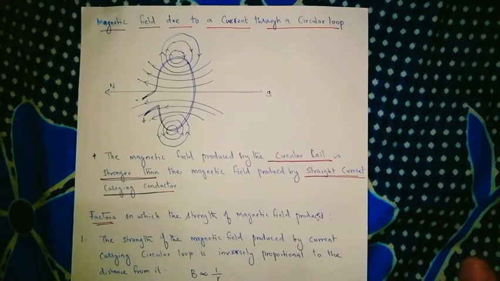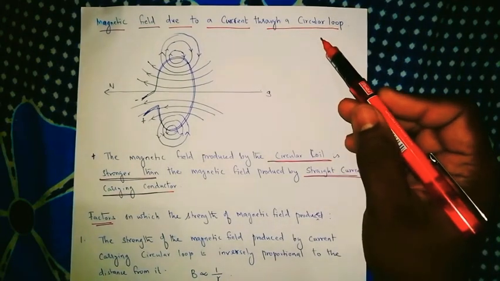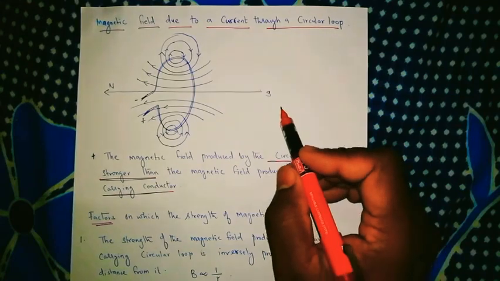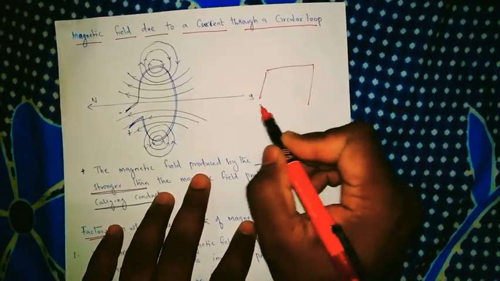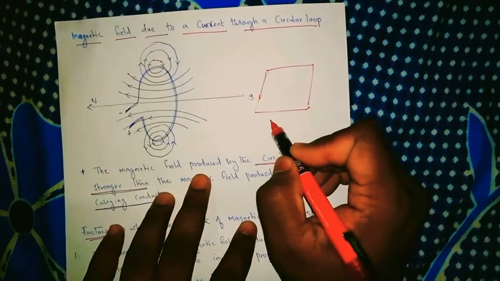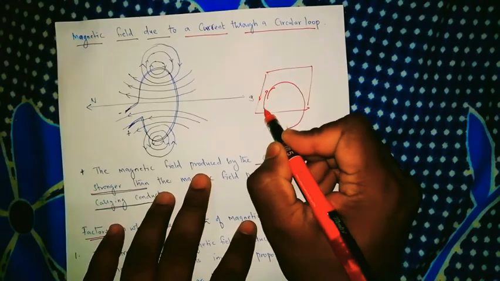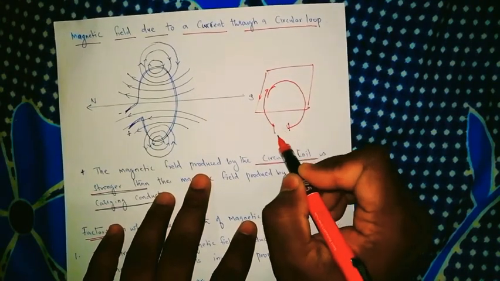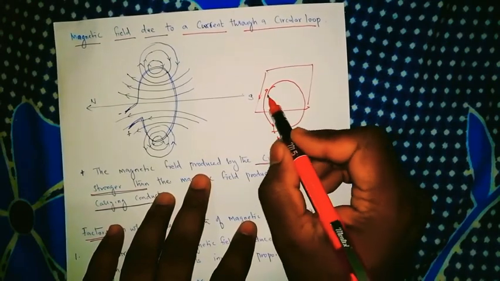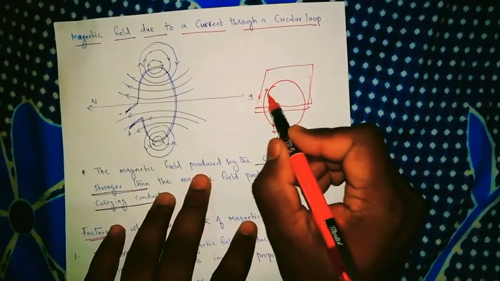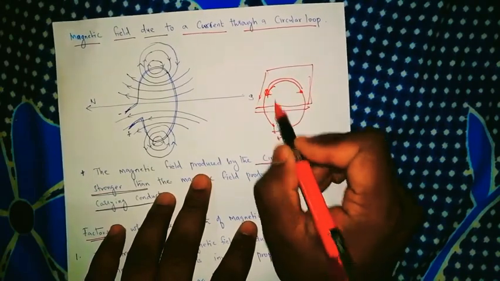The next topic is the magnetic field due to the current through a circular loop. For example, if a current is moving in a circular loop, say this is a cardboard and I'm going to put a curved loop like this, and it is going to be connected to positive and negative. Okay, this is positive and negative, and this is a cardboard, so two holes will be formed and the loop will be like this.